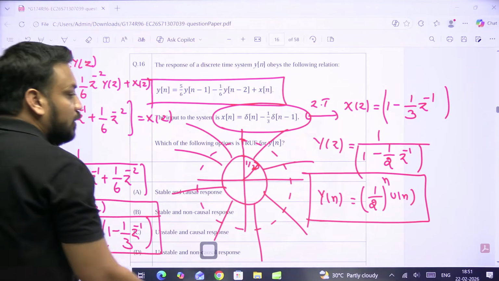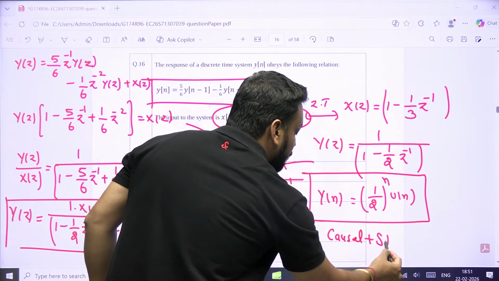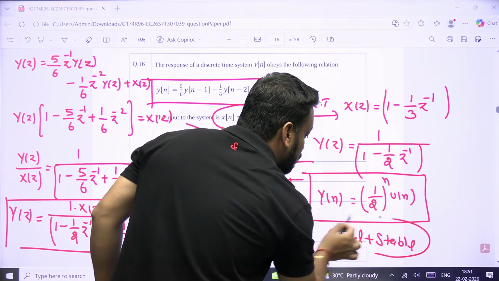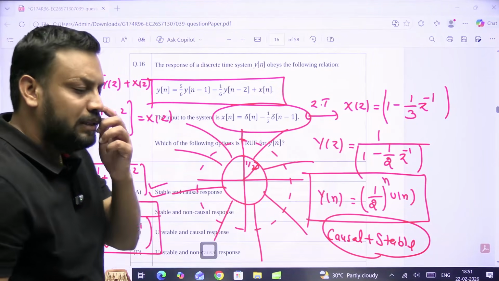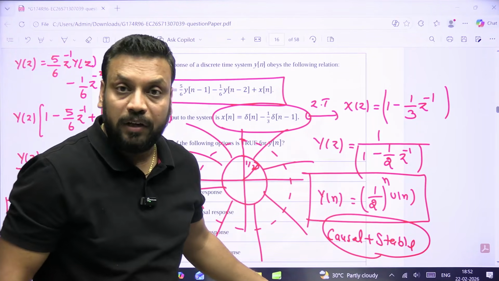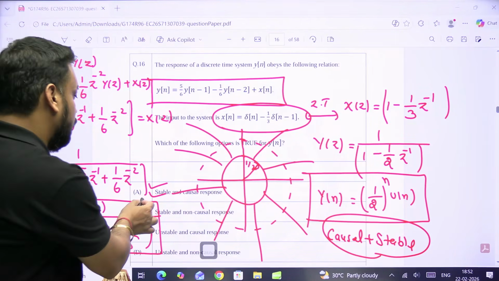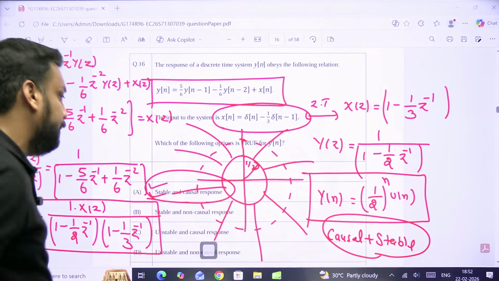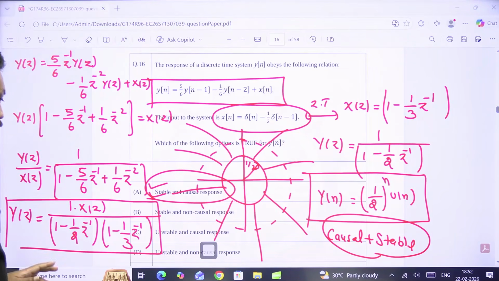तो ये बोल रहा है कि इस पूरे डिस्क्रीट टाइम सिस्टम के लिए कौन सा स्टेटमेंट करेक्ट है? तो 100% करेक्ट आंसर हो जाएगा, जब ये कॉजल है तो ये स्टेबल भी है। When it is causal it is stable only. ये केवल स्टेबल कब बनेगा? जब ये कॉजल बनेगा। इज इट क्लियर? और केवल जब कॉजल बनेगा तो स्टेबल ऑटोमेटिक बन जाएगा। तो ओनली वन पॉसिबिलिटी इज ट्रू, दैट इज ऑप्शन नंबर ए। तो स्टेबल एंड कॉजल विल बी द करेक्ट आंसर फॉर दिस पर्टिकुलर क्वेश्चन।